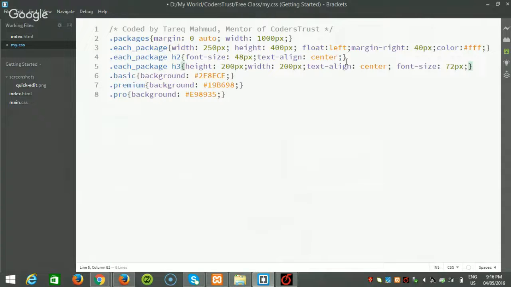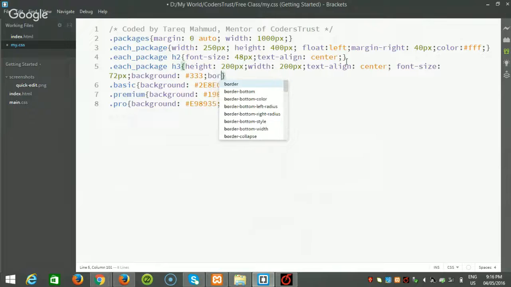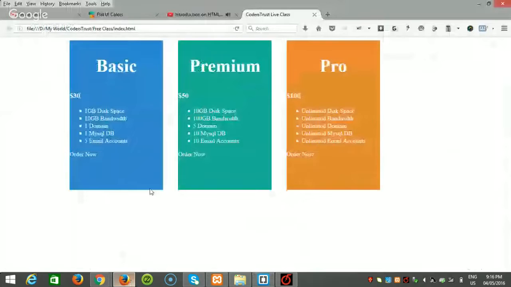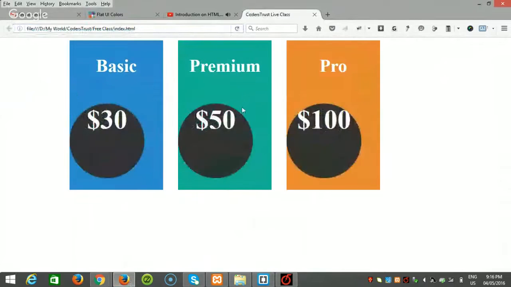We'll give a background color so that the circle will be shown here. So we can use a color like that one, and finally I will give the border radius 50%, not pixel. Okay, now you can see the circle has been created,